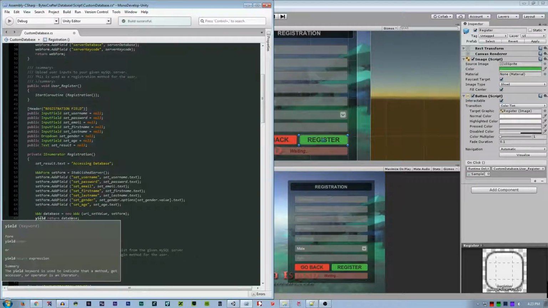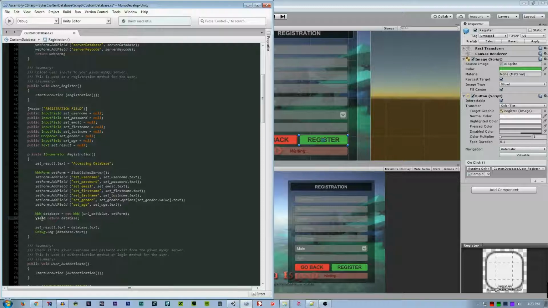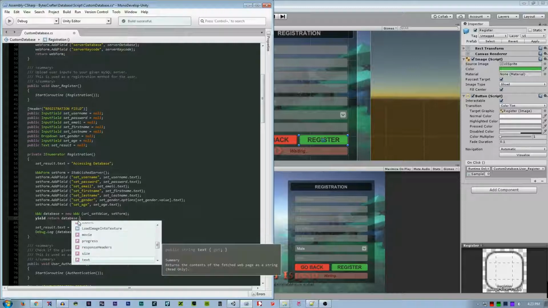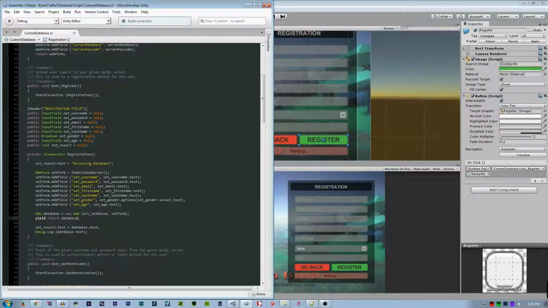What it means is that you wait for the callback of the database, because it has a callback. It can be text, texture, movie, audio, and many formats.